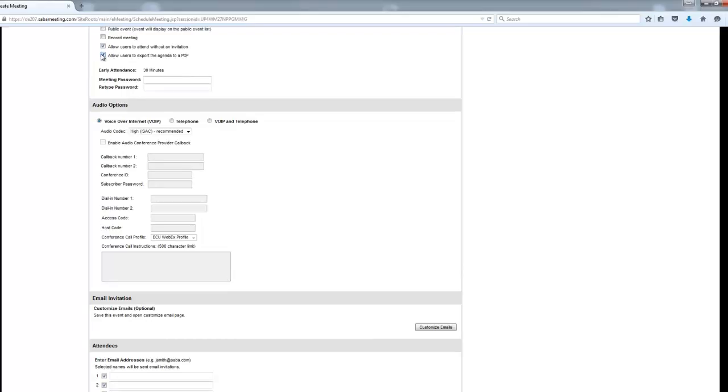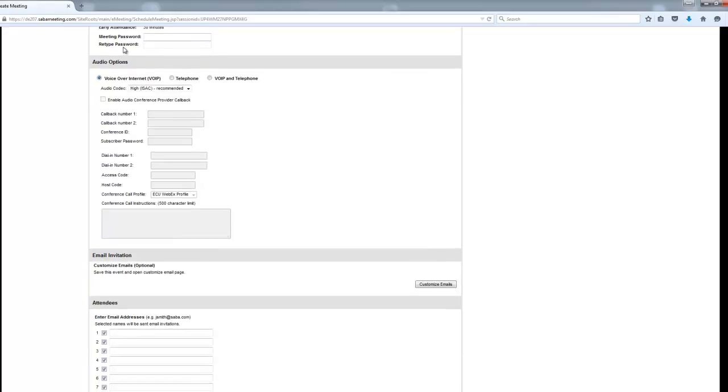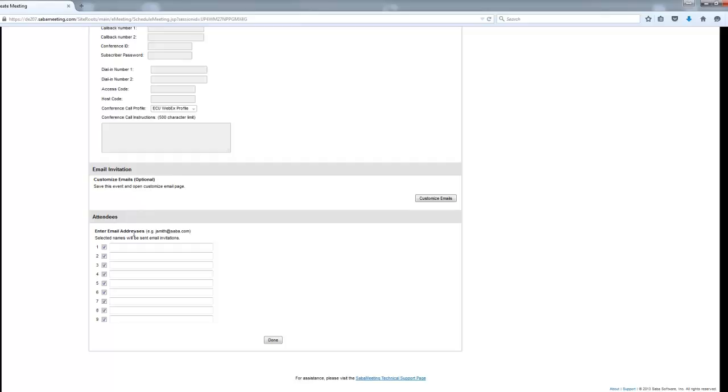I do want to leave these other two checked. This allows users to attend without an invitation. That's helpful if someone has trouble getting into the meeting. We're going to leave it checked. Down here, I can invite my attendees. So this is where I would type my group members'